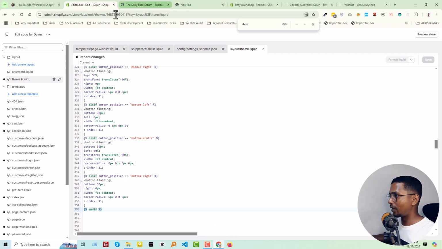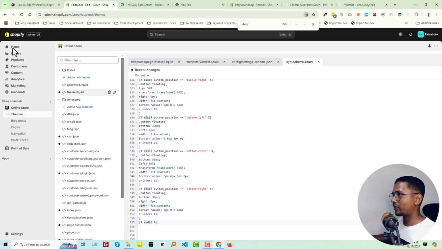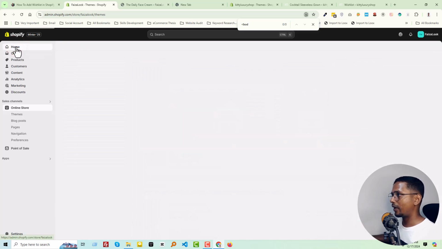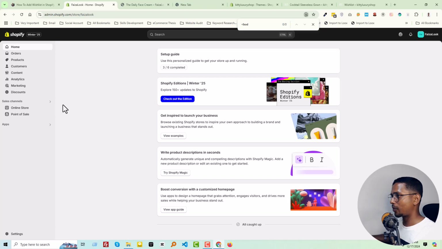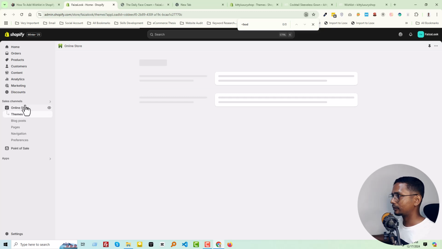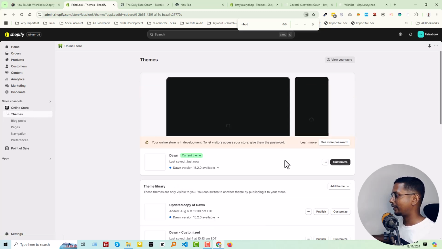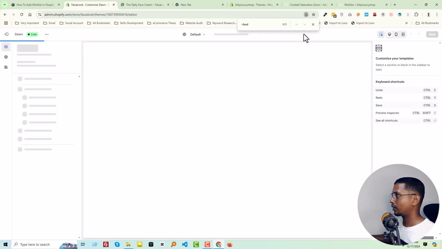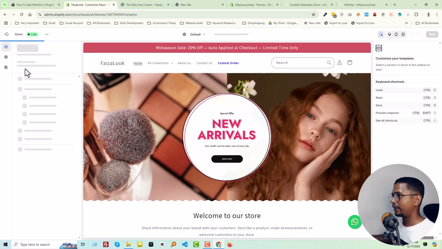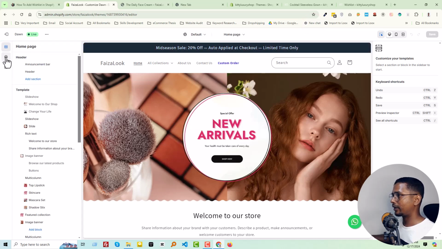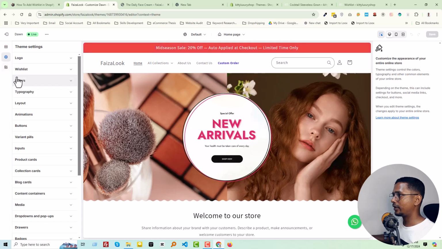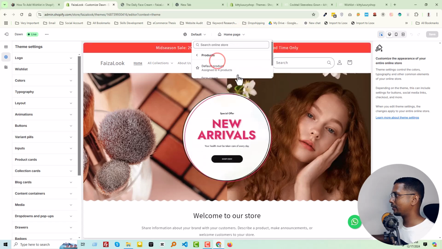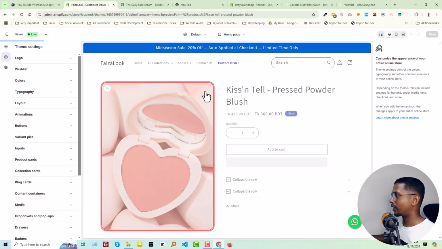Now we are going to our Shopify admin panel in the customization section. So let me show you everything from the beginning. I am right now on the Shopify admin panel. Then click online store, then click customize, then click on the gear icon. You see there is the option named Wishlist. Also we are going to open the product page, default product. Okay,